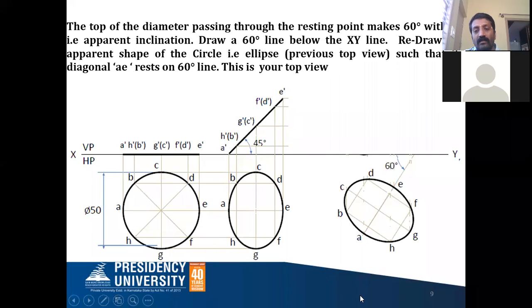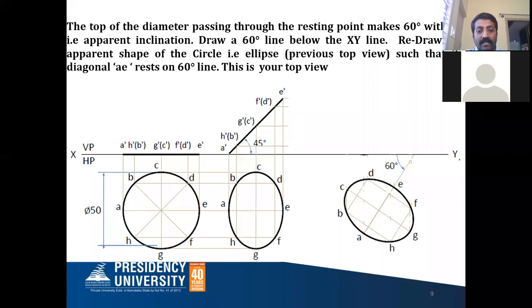To get the remaining 6 points, you can go for the box method, or even the arc method. The box method, let me teach you. For AE, you take the distance from A to this line. This is the center; you cut it here. From this point, you draw a perpendicular or 90 degree line. After that, from this point to C and from this point to G, the distance is the same. So from this point you cut an arc on that 90 degree line, and from the other point you cut an arc. So you'll get the C and G points.